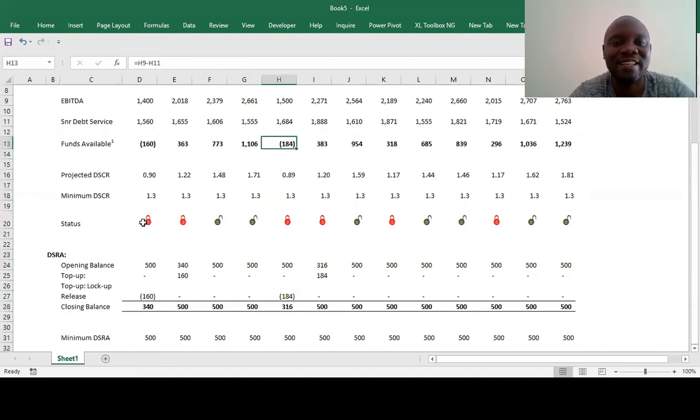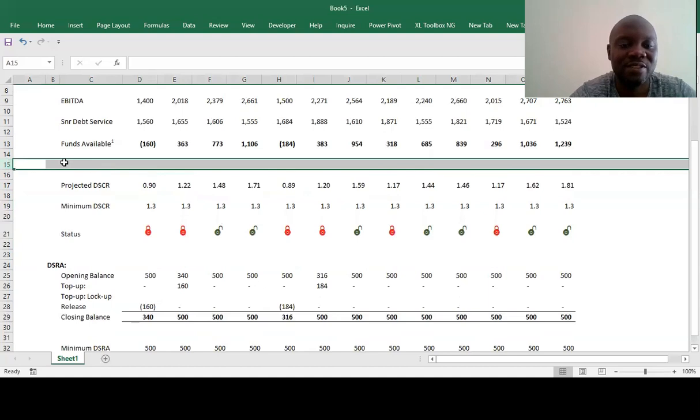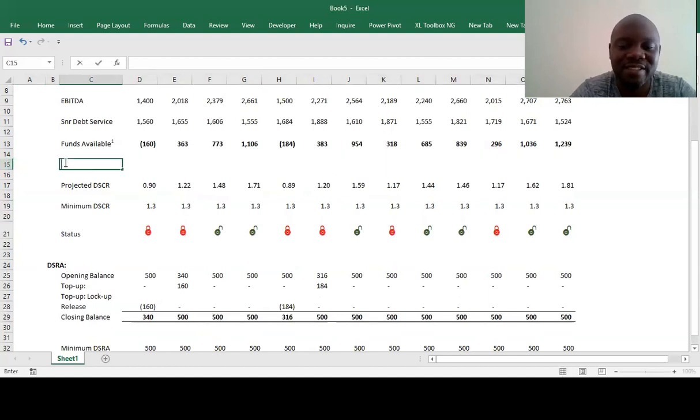So here I can still create just another line to show debt repayment. This is what you're actually drawing from. Where? You're drawing from the debt service reserve account, from your escrow account.